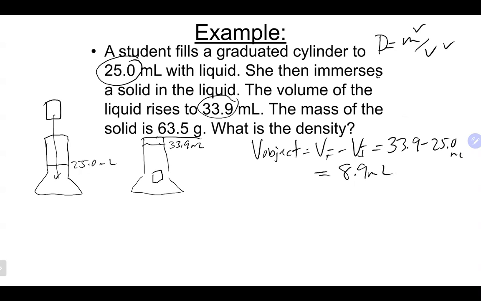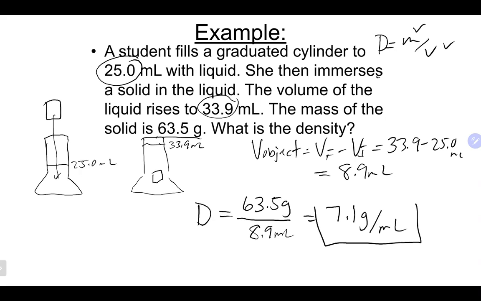And that will now be the volume part of what we need. So now we do have the mass and we do have the volume. We can now actually calculate the density here. Density would be our 63.5 grams divided by our 8.9 milliliters. So 63.5 divided by 8.9, that's going to get us 7.1 grams per milliliter. Again, the number stays with the grams part and is per 1 milliliter. We ended up on two significant figures because